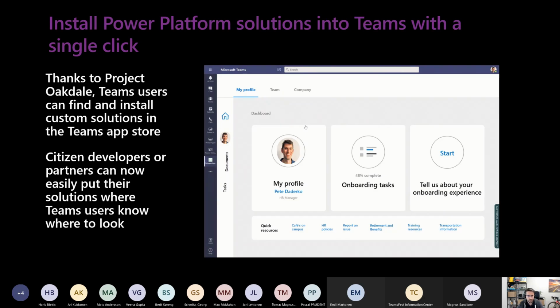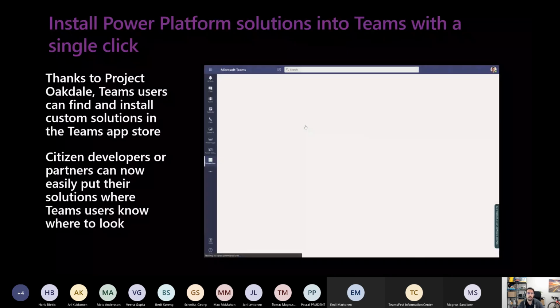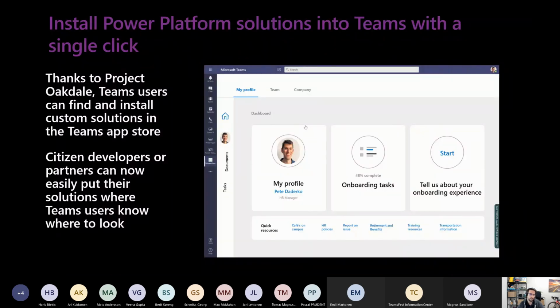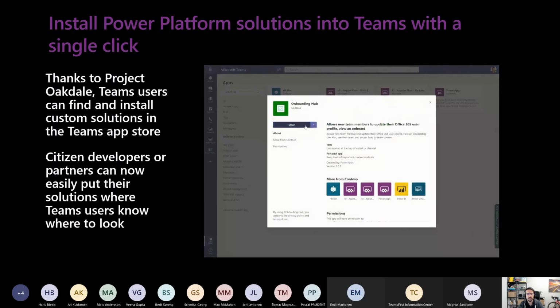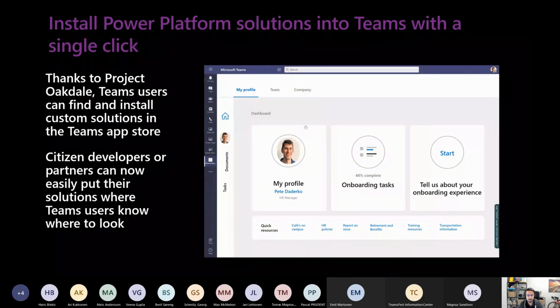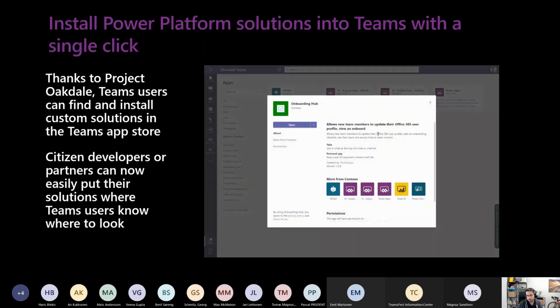This is a very cool thing. So now citizen developers or partners are able to easily put in their solution and use the same look and feel of Teams inside a Power Apps application.